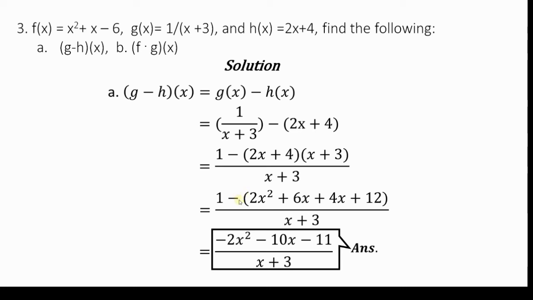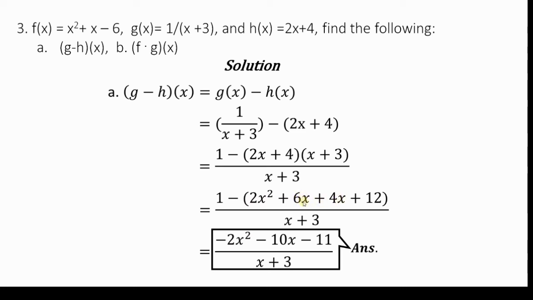The minus is multiplied by the entire parenthesis. So each of the terms in this parenthesis must be multiplied by negative. So this becomes negative 2x squared, minus